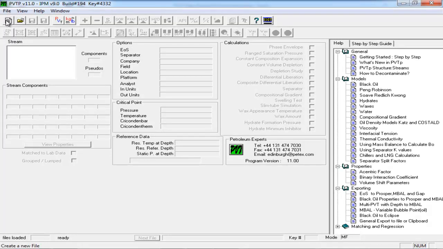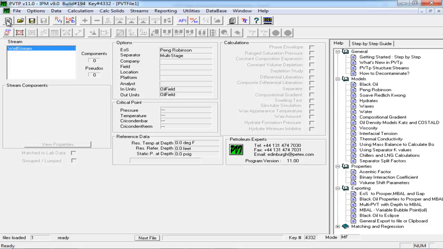So the first step, we need to start a new file. I think it's already done by the software. When you start, it will open to you a new file. And for this, as we already explained a few weeks ago, you can enter the composition as